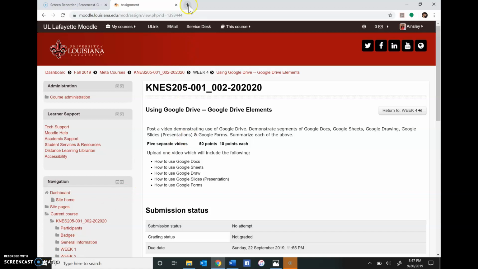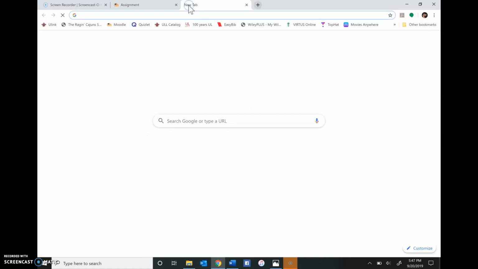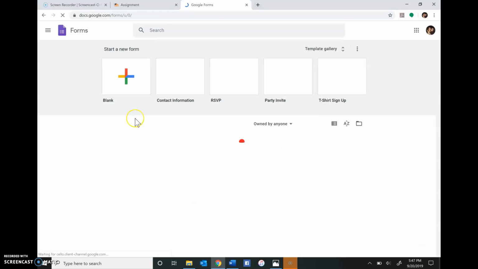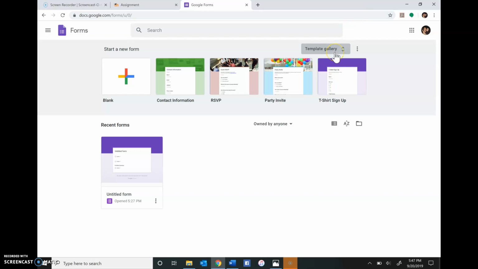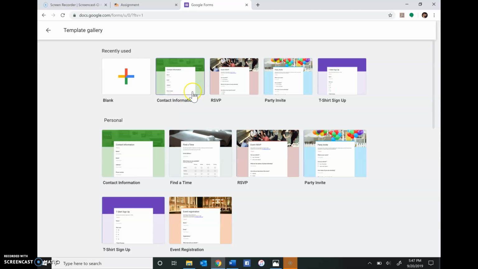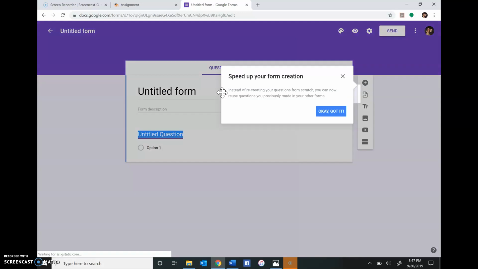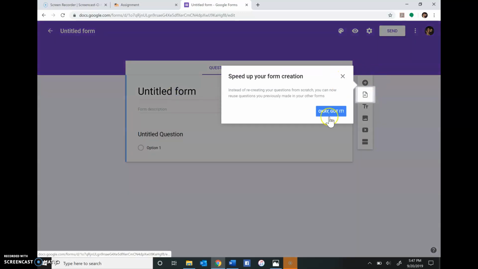Finally, I will be demonstrating how to use Google Forms. So we're going to go to forms.google.com and it will bring up Google Forms. Like all the other Google applications, there are different types of templates, whether you just want someone's contact information, if you want to find a time, to RSVP, a party invite, sign up, registration for an event, or you can create a new one. So we'll just create a blank one and we'll just title this form